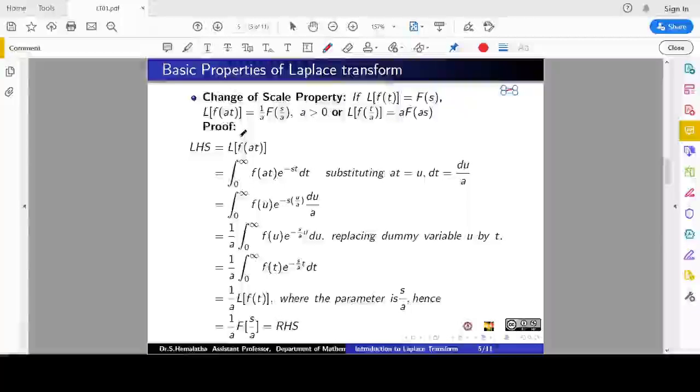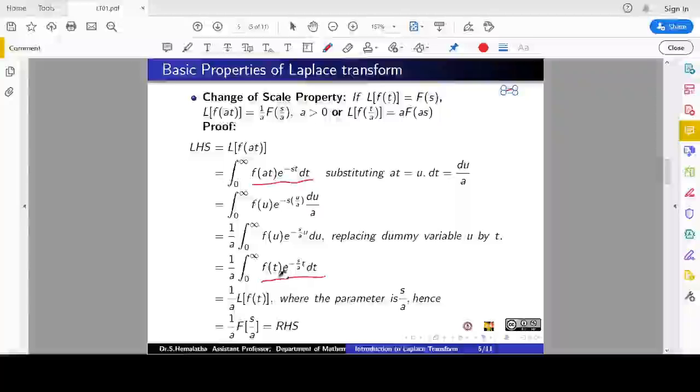Again the proof, I have taken this model instead of the second one. Apply the definition as per the definition of Laplace, we get this step. I need to change it into the standard form of the definition of Laplace, so I am substituting at as some other variable u. So dt accordingly will change, the limits will also change, but here the limits remain the same because when you substitute it doesn't change. Just replace every t with the u variable, then we'll get this format. Here we need to observe one thing.